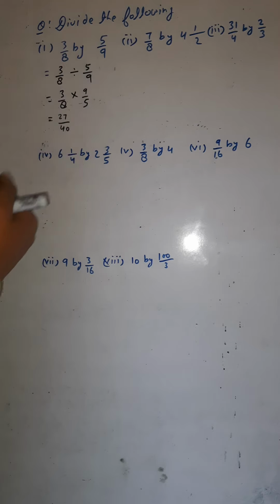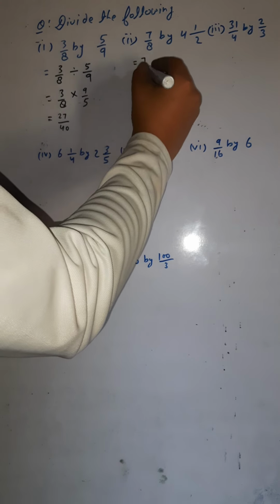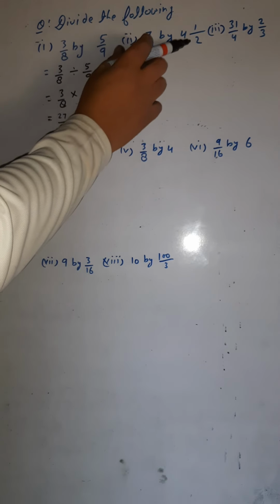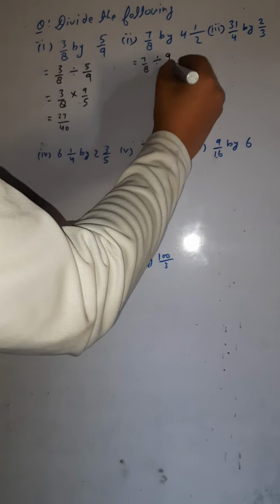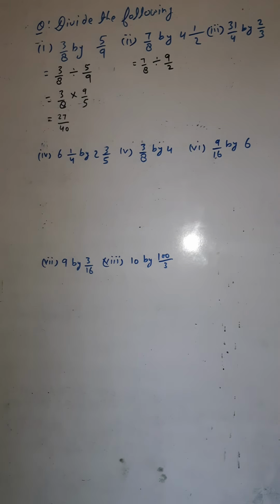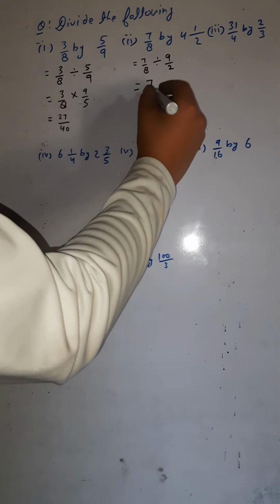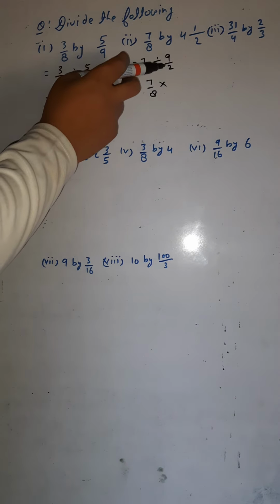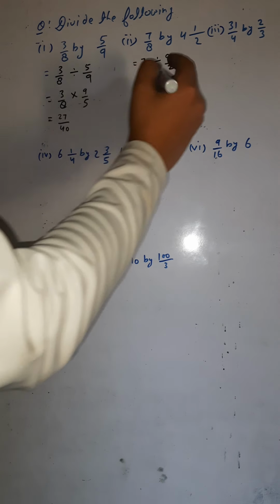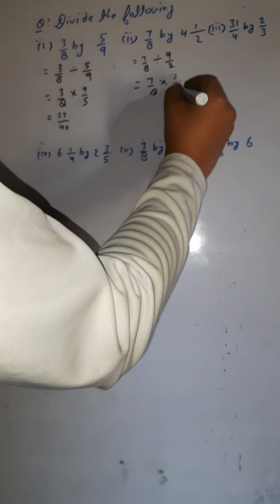Similarly, you would do the next question also. It is 7 by 8 divided by 4 2 ja 8 plus 1, 9 by 2. 9 by 2. Getting this? Now what should I do? I would change this division into multiplication, and while changing, I would reverse the order. 9 by 2 can be written as 2 by 9 now. Are you getting this? 2 by 9.